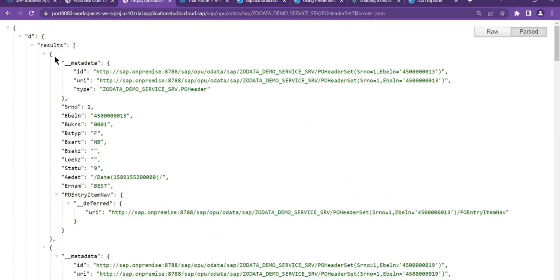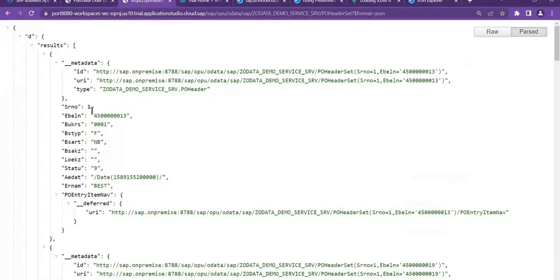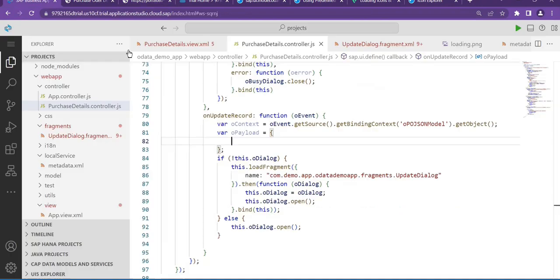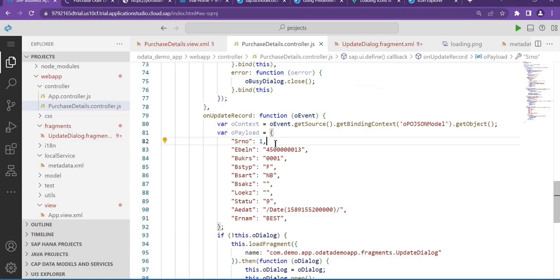Okay, so this is the record which I want, and it's a raw. Okay, so I will copy this one record from here and I'll paste it here. Okay, now here